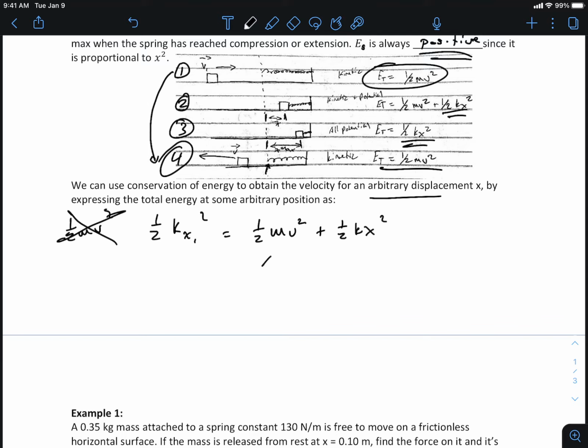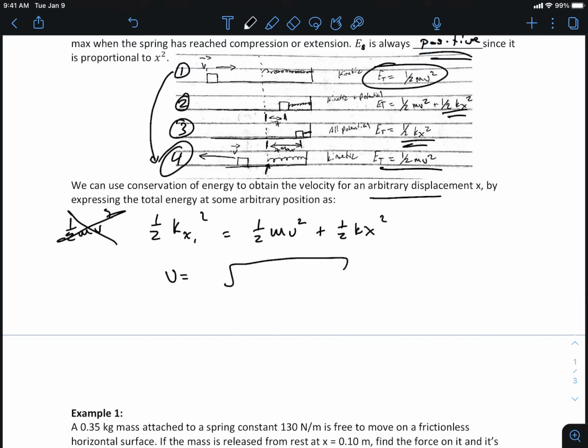Okay, so we have the movement of that box at that arbitrary point in time, as well as any additional potential energy that might still exist because the box is still in contact with the spring. Okay, and that's what something might look like in terms of setting up an energy argument, conservation of energy. If I were to isolate for v, the thing I'm actually interested in, we could see that v would equal